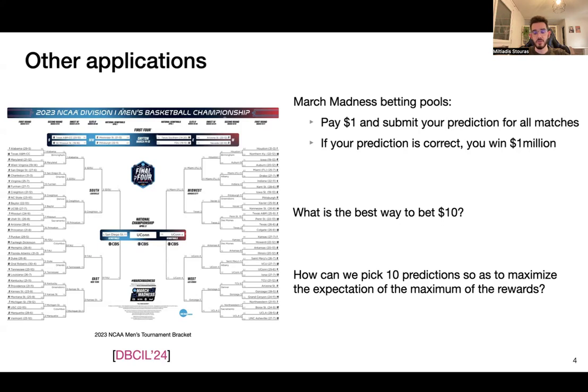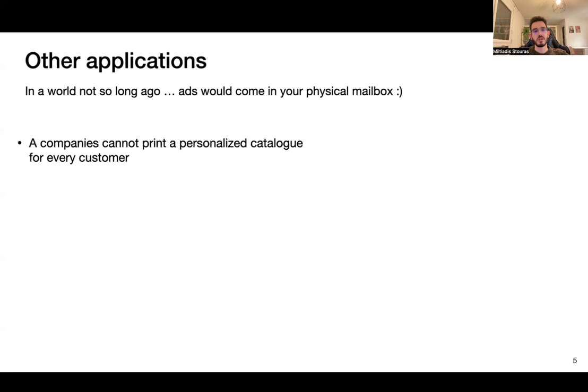After having formulated this problem, we realized that another group of researchers in the 90s had also arrived at an effectively equivalent formulation from a totally different perspective. So in the 90s, companies would mail you catalogs with their items in order to advertise them. And of course, companies could not print a personalized catalog for every customer because